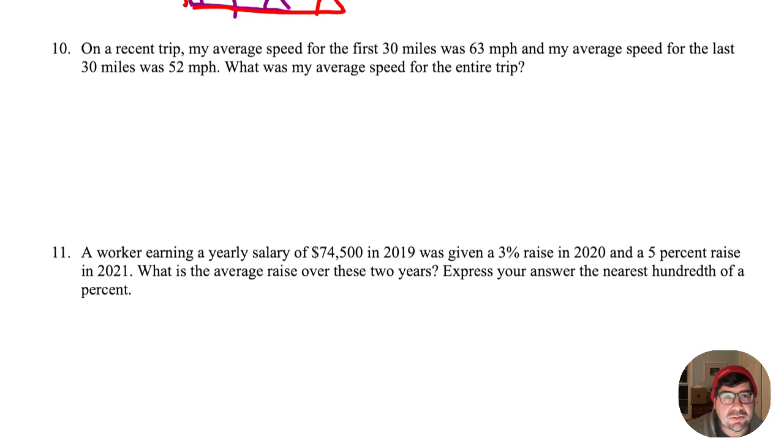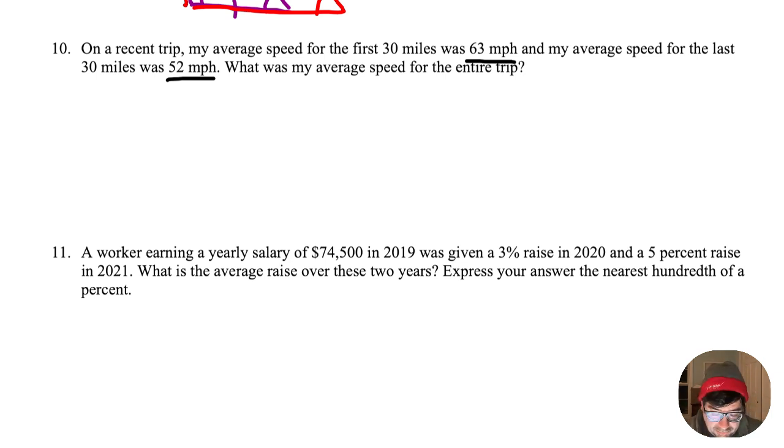It says, on a recent trip, my average speed for the first 30 miles was 63 miles an hour. Okay, so that's my first average rate. The second average speed was slower. It was 52 miles per hour. Now, you can't just add up these two things and divide them by 2. That would be nice. But what's kind of implied here, or something you want to uncover, is that the times